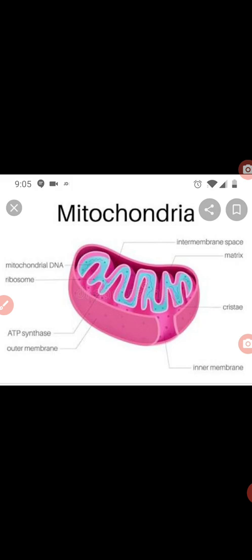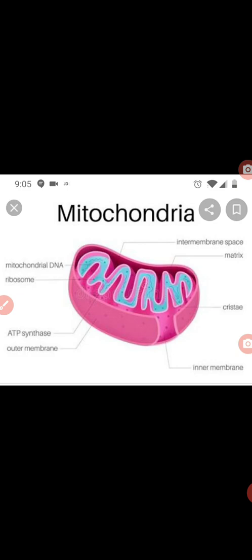Now the functions of mitochondria. Mitochondria help in cellular respiration, and they are also known as the powerhouse of the cell. In mitochondria, foodstuff is present as well as enzymes. So during the oxidation process, oxygen is taken in by the mitochondria for the foodstuff, and it releases CO2 and water. It means inhale of oxygen and exhale of CO2. So from this process, we can say that mitochondria help in cellular respiration.